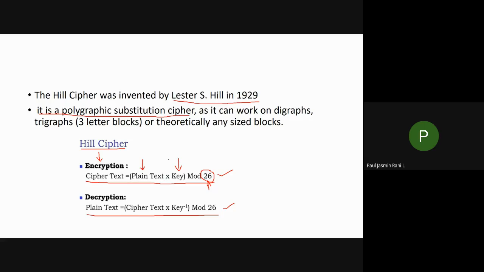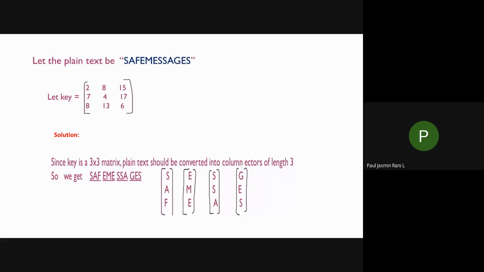Now we are going to solve this encryption algorithm and see how you can solve it. Let's consider you are going to perform the encryption algorithm. What inputs are required? The first is the plain message, that is, the plain text. The next is the key. For this algorithm you can have a 2 cross 2 matrix, a 3 cross 3 matrix, or an n cross n matrix. In this example I have taken a 3 cross 3 matrix.